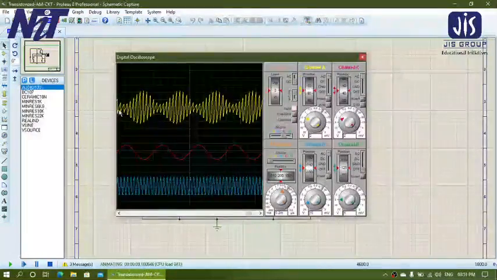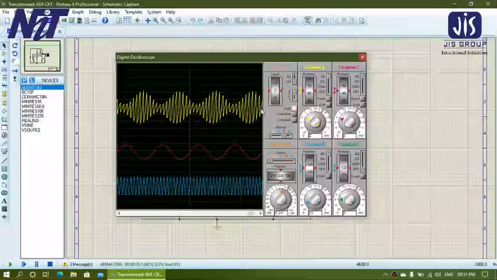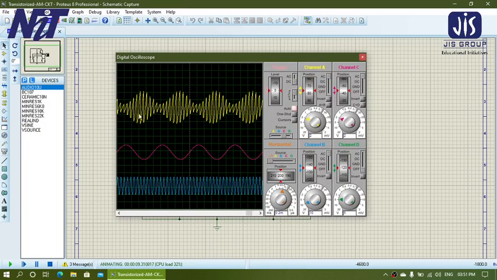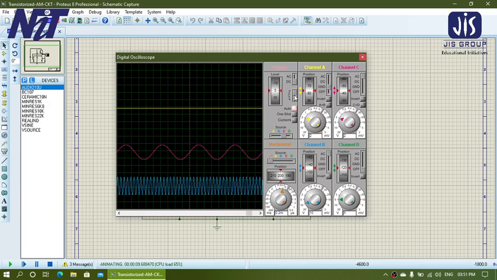So students, I would also like to mention one thing. When you take the measurement of V max and V min, theoretically it will be from this 0 line, that means if you make it ground, from here to the maximum carrier amplitude and from here to the minimum carrier amplitude.